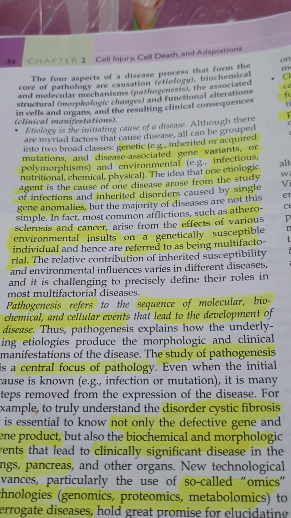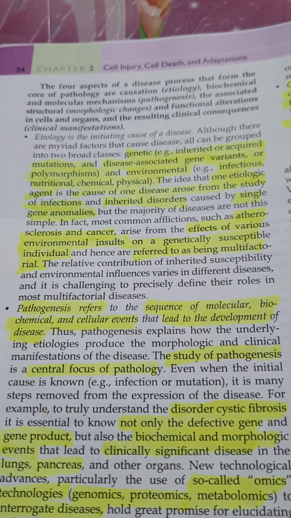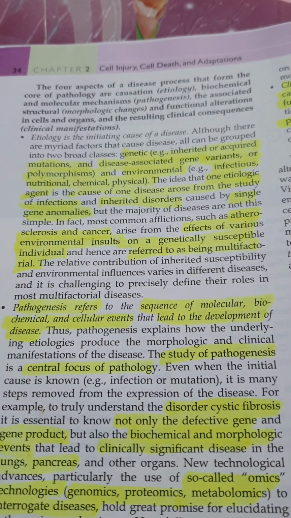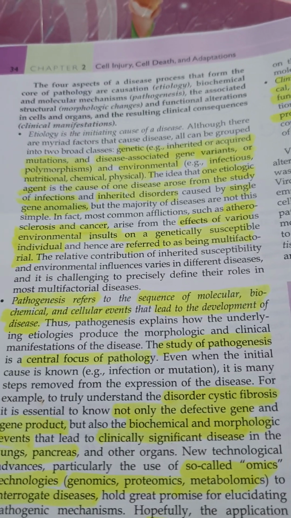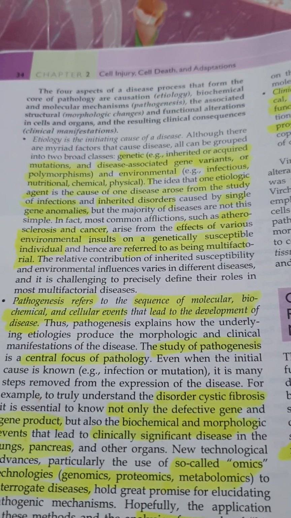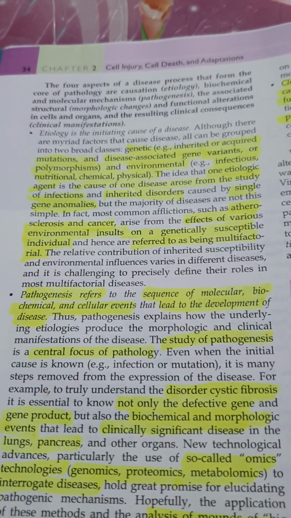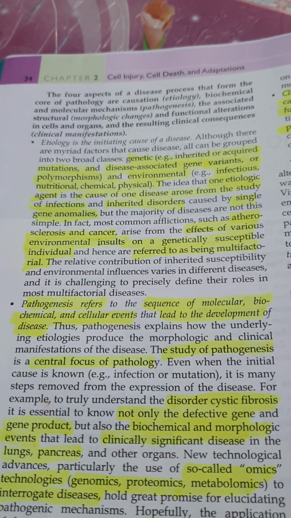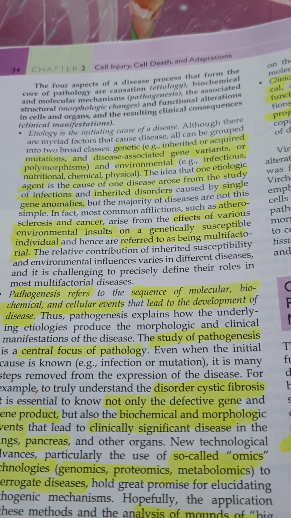There are many factors that cause disease, and those factors are classified into genetic and non-genetic causes. Genetic causes means the causative mechanism of the disease might be inherited or acquired, or the mutations will be acquired, and disease-associated gene variants or polymorphisms. And environmental factors are what is surrounding us, that is millions of bacteria, fungi, and infectious parasites, and all these contribute to environmental factors. It consists of infectious, nutritional, chemical, and physical